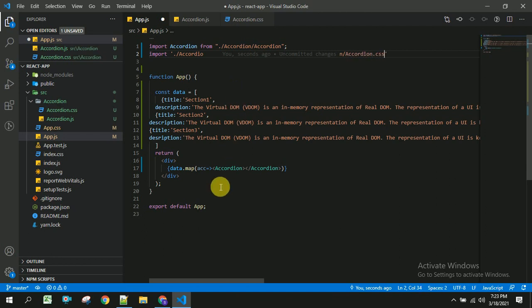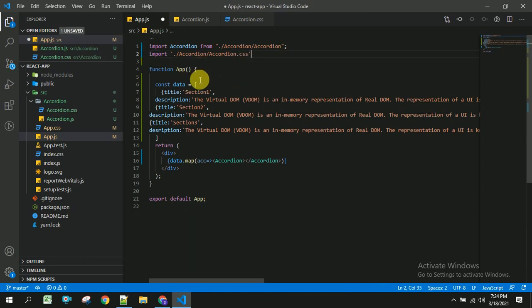In this way we can import this CSS file inside our app.js. Now let us save this and check whether we are able to get this accordion text 3 times or not. Let us refresh this. Yeah, we are able to get this accordion text multiple times.